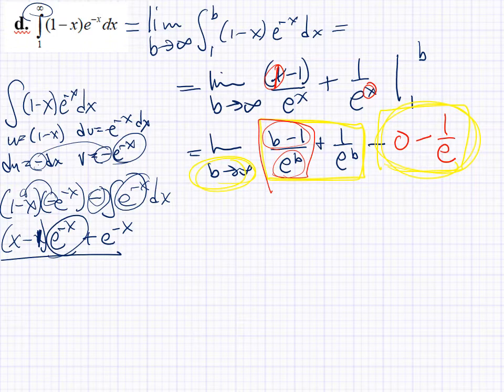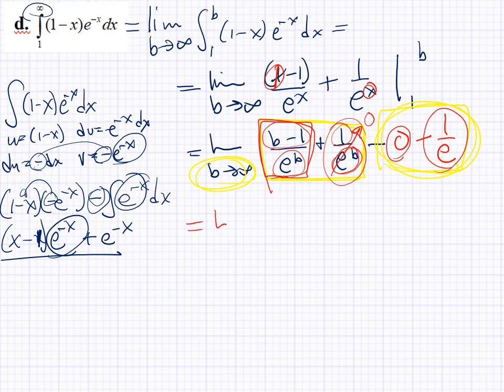Over here, we have 1 over e to the b, and as b goes to infinity, the denominator is going to go to infinity, but the numerator in this case stays 1, and so this whole fraction is going to go to 0. So we need to do L'Hopital's rule here. We know this is going to go to 0, this is going to stay 0, and this is going to stay 1 over e. And so if we do this limit as b goes to infinity of the L'Hopital's rule evaluation of this limit,